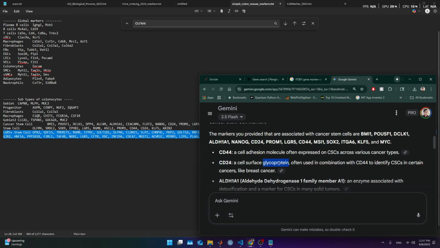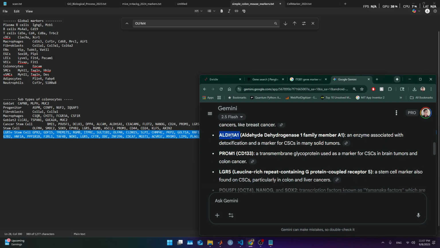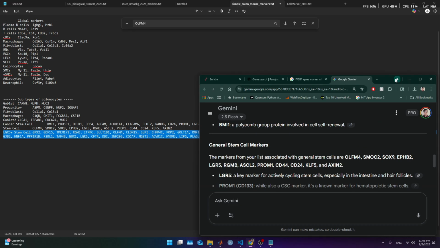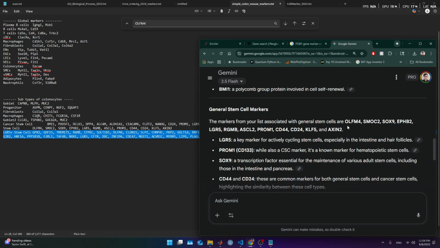CD44, CD24, and the reason is surface. This is definitely LDH associated with detoxification in many solid tumors. PROM1 also is a good marker. LGR5. So here, what we're gonna do is graph this curated